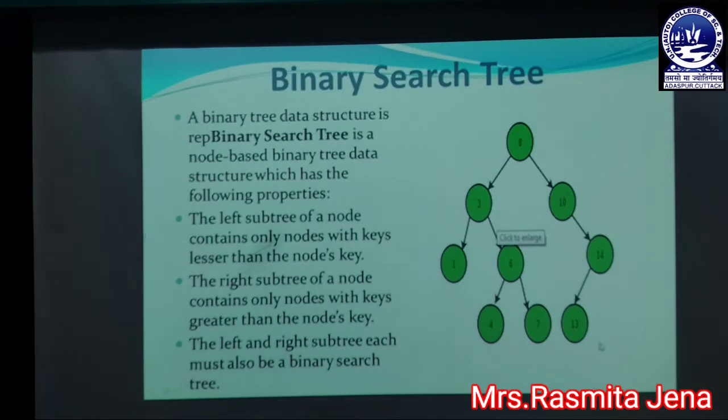Similarly, in the case of the right subtree, you can see all the node keys, that is 10, 14 and 13, are greater than its node's key, that is 8. And in the same process, we can form the binary search tree in the right subtree of the node, that is, 10 is the root node and its right subtree contains 14, which is greater than 10, and similarly here 14 is the root node and 13, which is present in the left subtree of the node, is less than 14. Based on this principle, we can create a binary search tree.